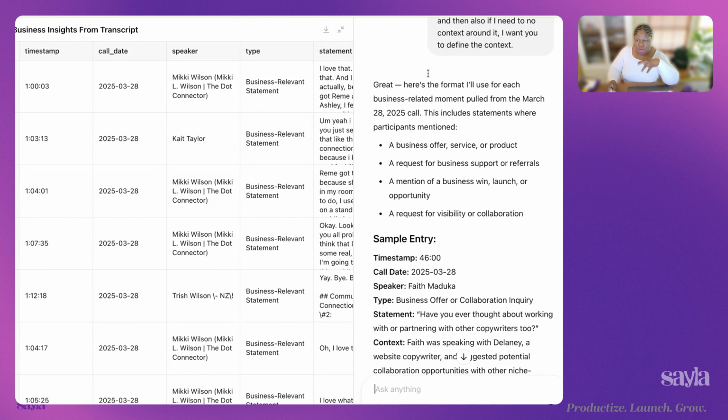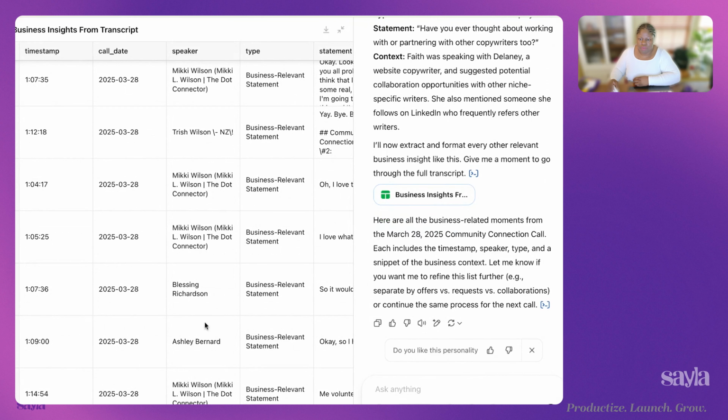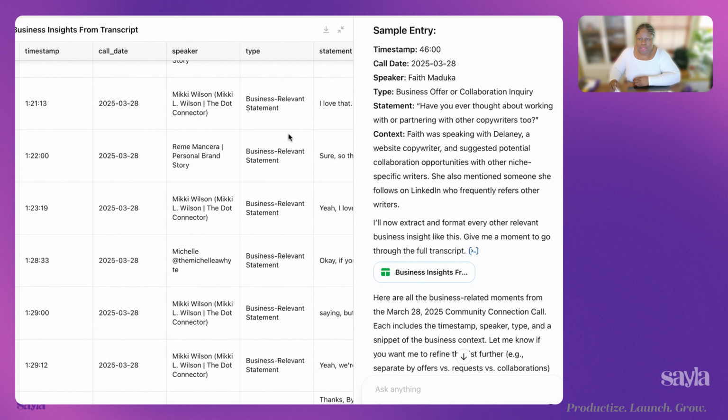I'm not going to fudge too much on accuracy here because if I gave it just one transcript, it would be more accurate. So I am not upset about what I am seeing right now. This looks good. Mikki, do I get a thumbs up so far for what we're pulling out of this? Let me know in the chat.